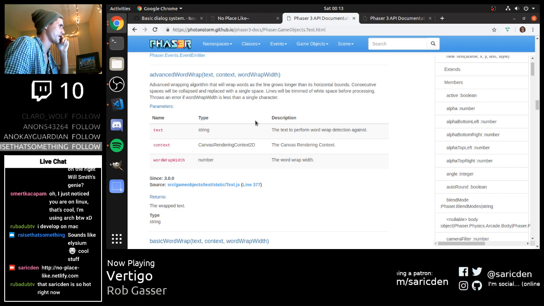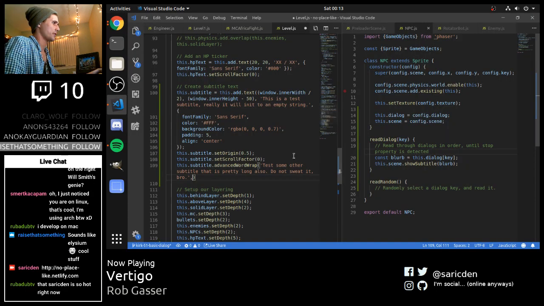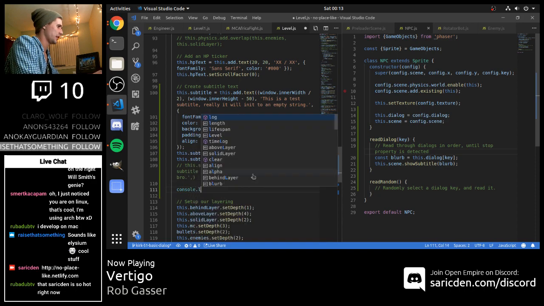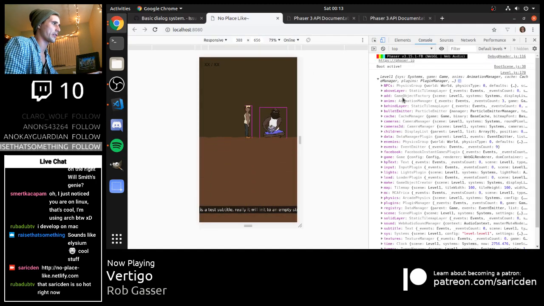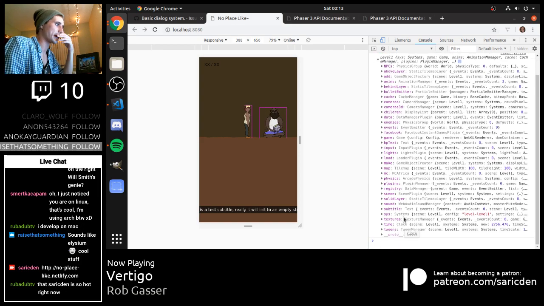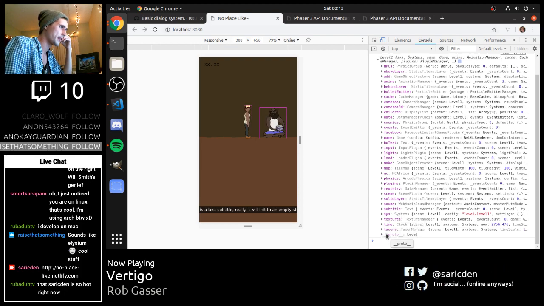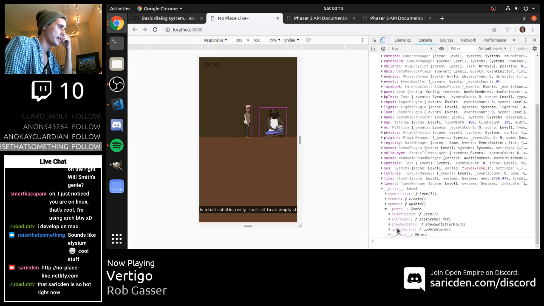I like the sound of the advanced word wrap more, so let's just do something right now. Comment out this line just for a moment, and I'm going to console log this and see if we can access our game's context in some way through this. So this is our level 1. It has all the stuff that we've been adding to it, as well as all the stuff that Phaser adds to it through the scene property that we're ultimately extending. But what we're looking for would come from the level prototype, from the scene, and from,